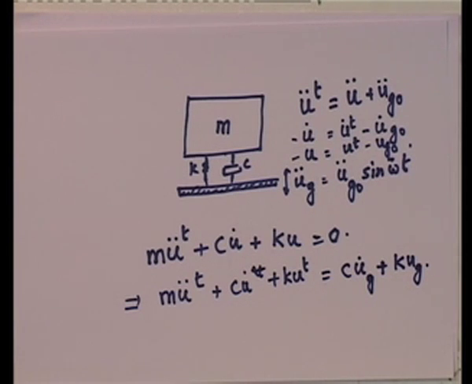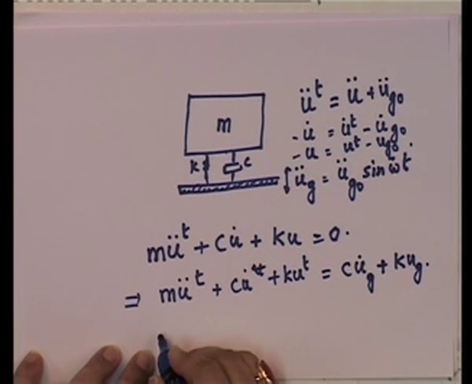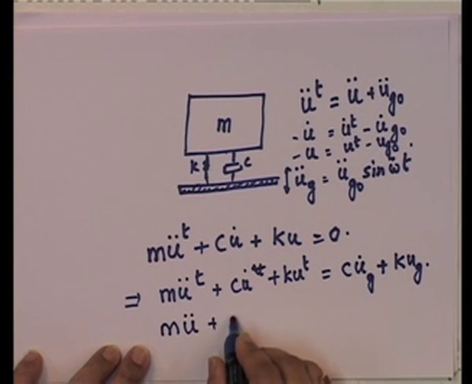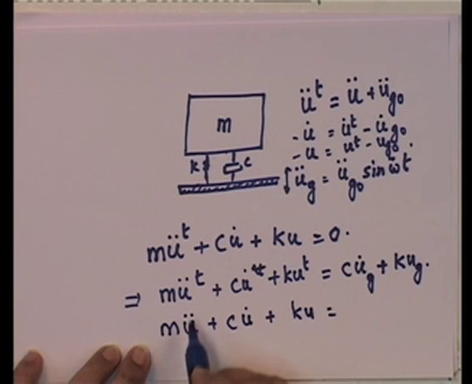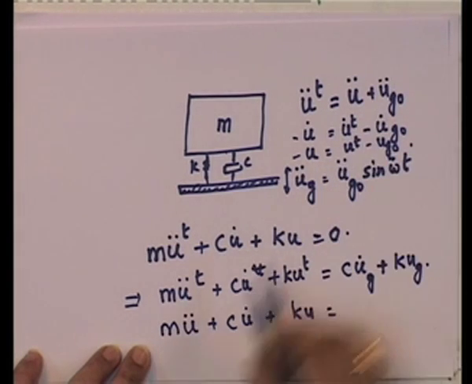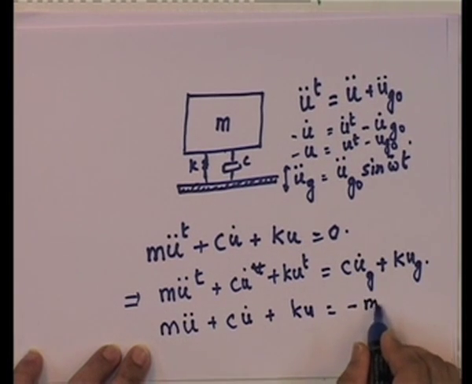Okay. So, this is the solution that we get. And if you look at it, in other words, we can also say the following. We can look at it in this form. This problem can also be written as, and note that u double dot is u plus this. So, this becomes u plus u g. So, if I take it on the other side, this becomes